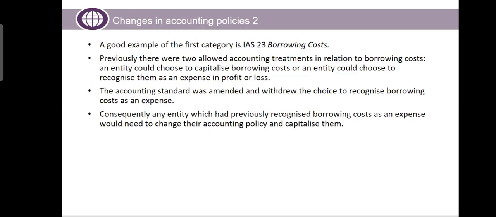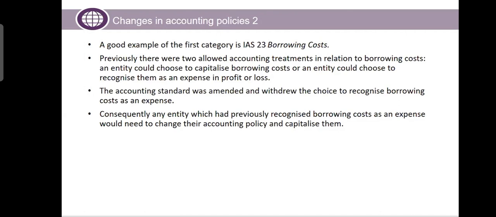A good example of the first category is IAS 23 borrowing cost. Previously, there were two allowed accounting treatments in relation to borrowing cost. An entity could choose to capitalize borrowing cost, or an entity could choose to recognize them as expense. So previously, you could have done that. The accounting standard was amended and withdrew the choice of recognizing borrowing cost as an expense. So consequently, any entity which had previously recognized borrowing cost as an expense would need to change their accounting policy